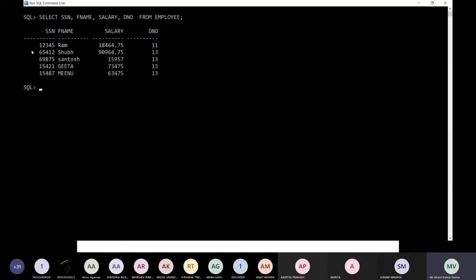Select SSN, then first name, and suppose salary and department number. So this is the information we want to extract from the table we have already created, that is the employee table. So see, this is the data that is represented by the SQL statement.